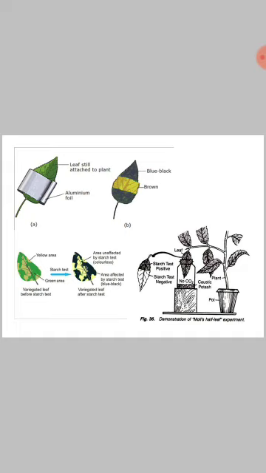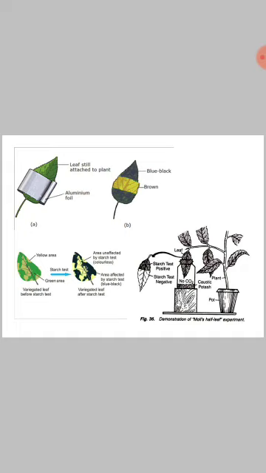From this we can easily prove that the areas that were not covered contain chlorophyll and also get sunlight, so they produce carbohydrate in their cells. That is why this part is responsive in the starch test and gives a blue black color. The portion that was covered by aluminum foil does not get sunlight, so the cells or chlorophyll present in that section cannot carry out photosynthesis. That is why they do not respond in the starch test and they get a brown color.